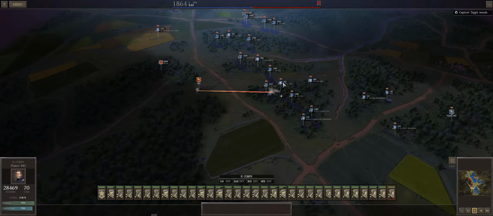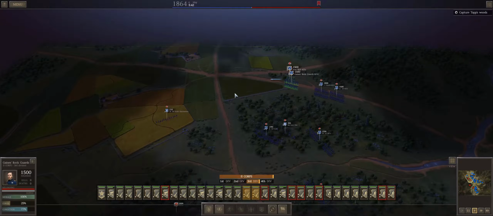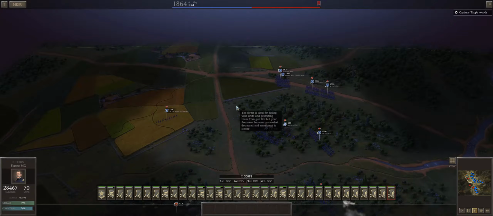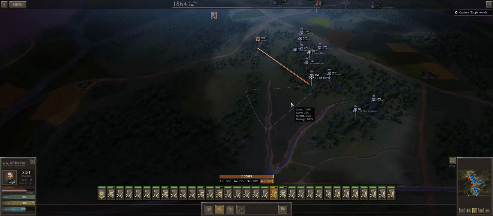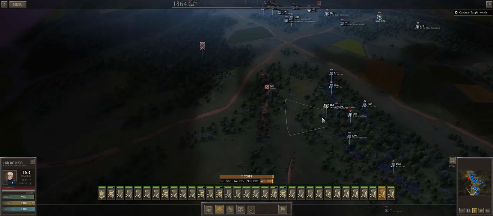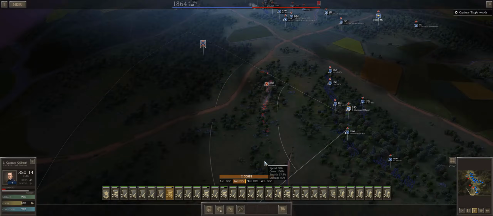I have 4 brigades, all 1,500 strong, moving north to set up for another flank, and this is basically me just picking up a big pincher movement. However, what doesn't work out well in my favor is that at a certain juncture,